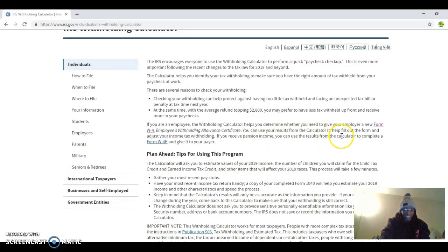But anyway, back on here. So the next one says, at the same time with the average refund topping 2,800, they're just saying that's what the average refund is for an average person. You may prefer to have less taxes withheld up front and receive more in your paycheck. Okay. If you are getting $5,000 tax checks, $3,000 tax checks, $1,600 tax checks, you might feel like